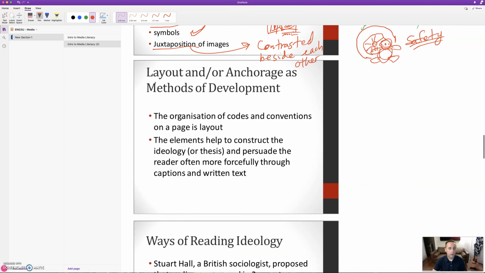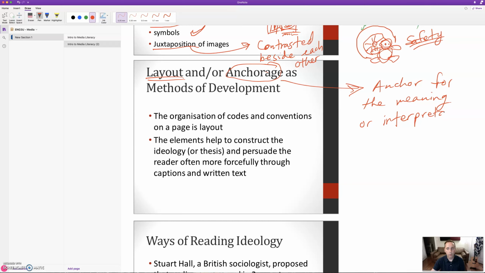Okay, we got to think about the layout, so the composition of the ad and or anchorage as methods of development. We'll get into what anchorage is more later, but you can think about an anchor, right, for the meaning and interpretation. And an anchor is something you drop down from a boat to hold it in place, right?